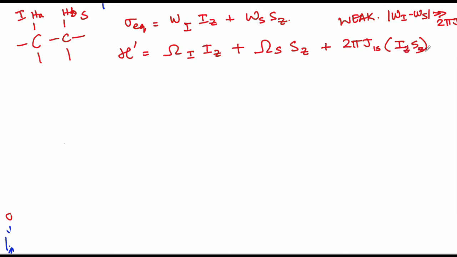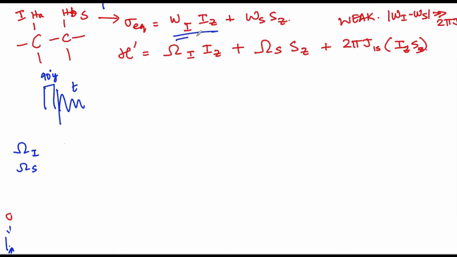So now let's start with the equilibrium density matrix and try to understand, if we are doing a similar experiment where you have a 90-degree Y pulse and you have acquisition, what in addition to chemical shift ends up coming. So obviously you are going to end up getting omega I and omega S, but how does this get affected by scalar coupling is a question that we are trying to answer.